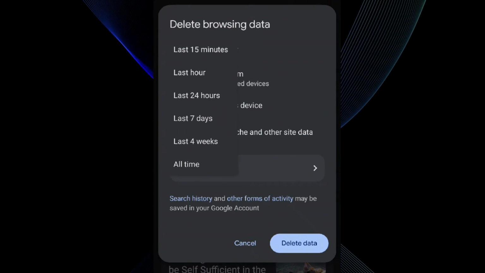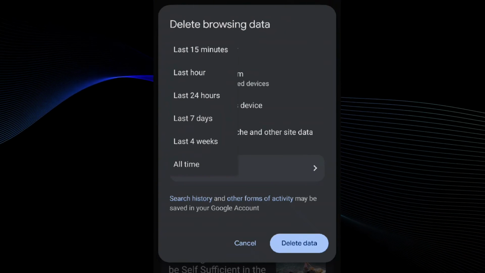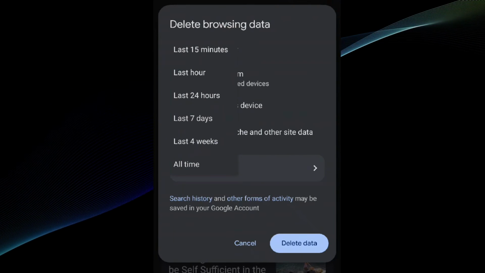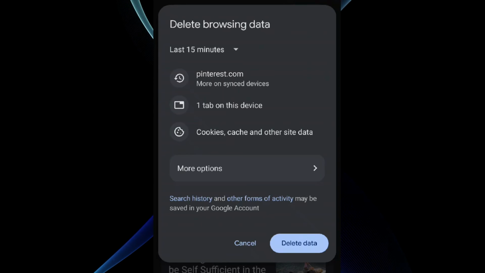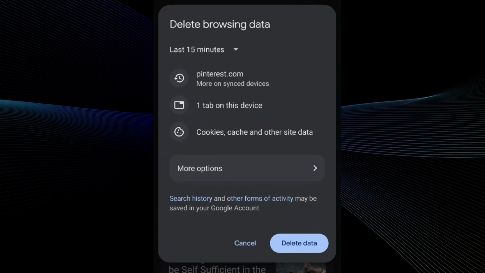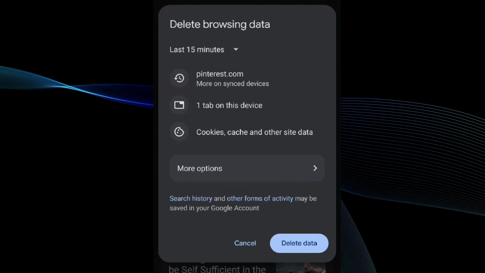Like you can delete it for the last 15 minutes, last hour, 24 hours, 7 days, 4 weeks, or you can delete it for the lifetime. So you can simply select any of the time periods that you want to delete it for, and then click on delete data. And boom,